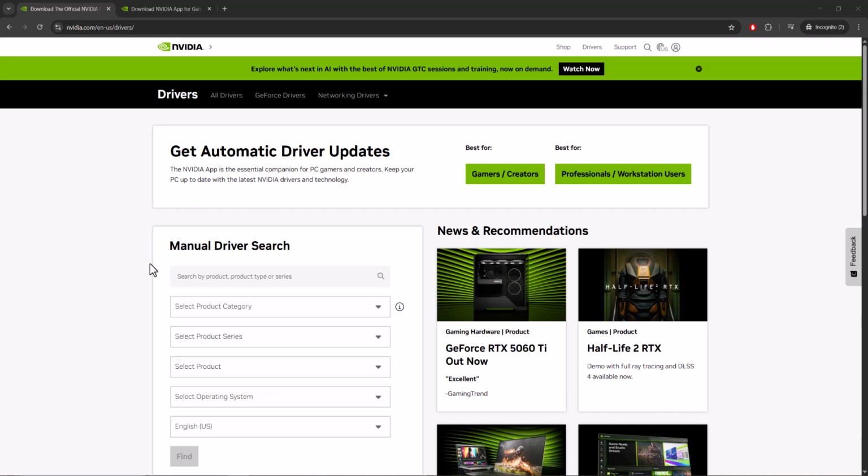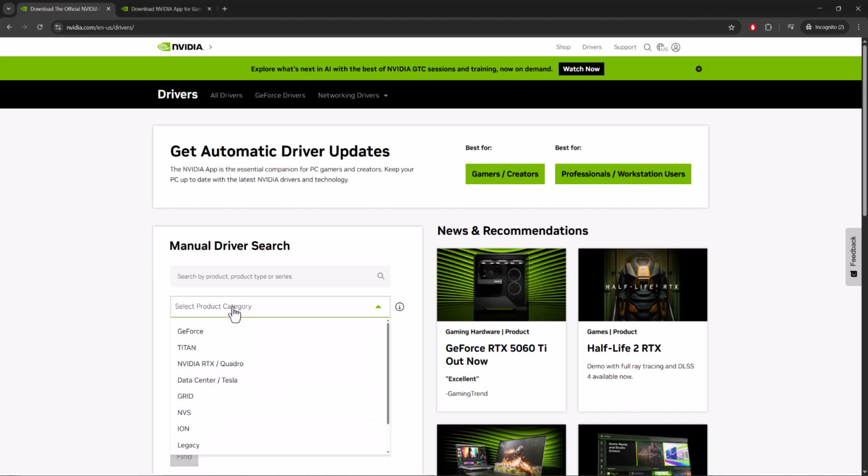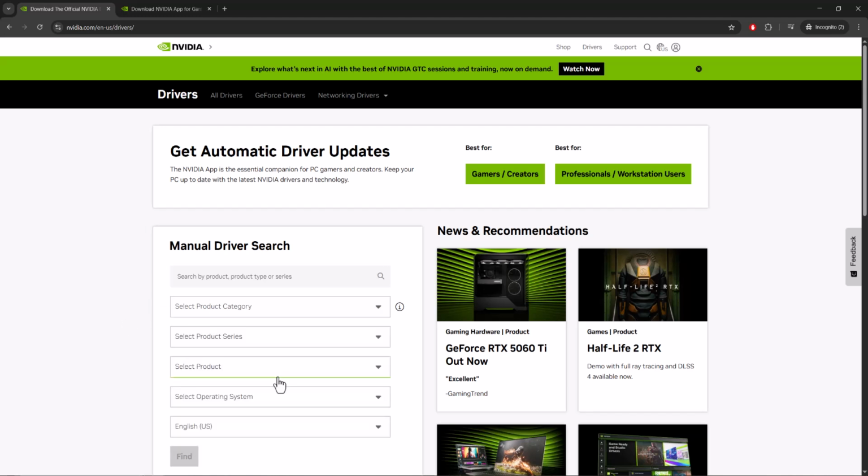The first thing you can do is come to this website where I am, which is nvidia.com/en-us/drivers. In here, you can manually find what graphic card it is, what the problem is, and get the update done from there. This is like a manual sense, or you could just Google your graphic card's name, do driver update, and manually